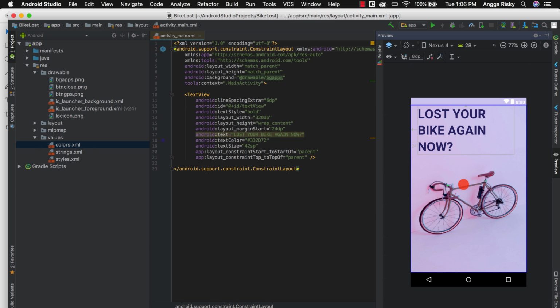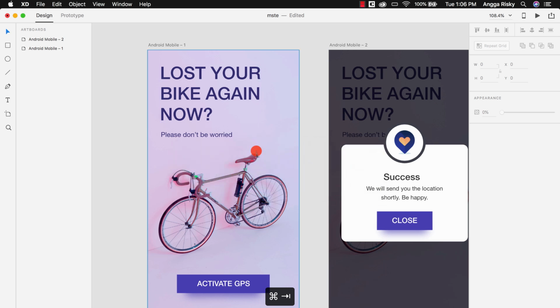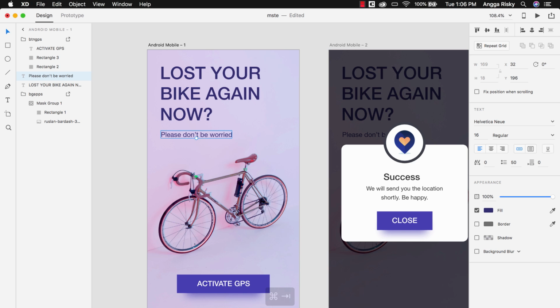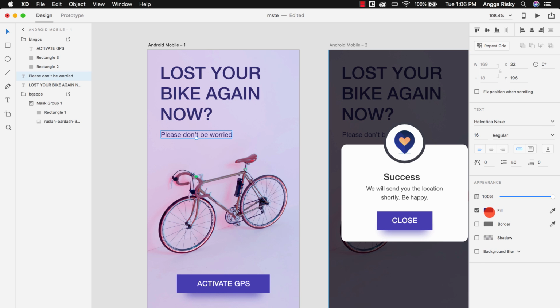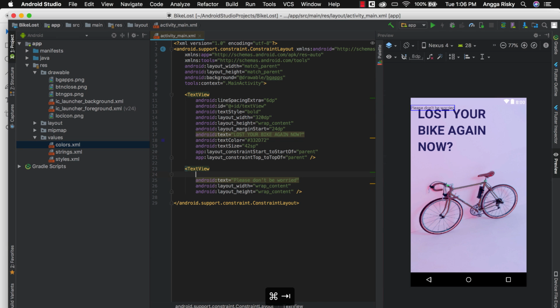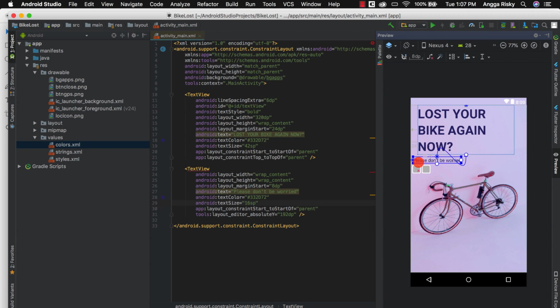After that we have to set another text view for the don't panic text. The text was: please don't be worried. Then 16 with the same color, and the text size is 16 sp, and we just need to move it here. Set margin left, and then top.